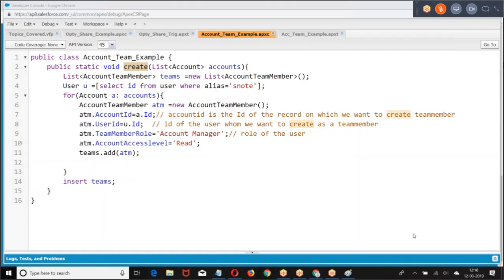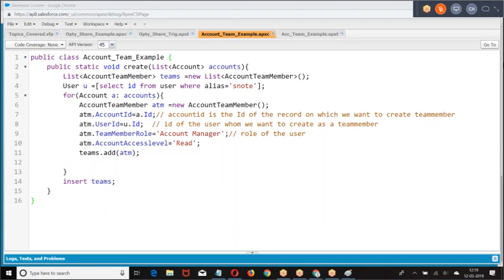The same story. We're going to go with opportunity. I hope everybody is good with this. Now, unless we need the ID of the record which we are inserting, we will go for before triggers. If you need the ID of the record which we are inserting, then we go for after triggers. I hope you are good with this, right?